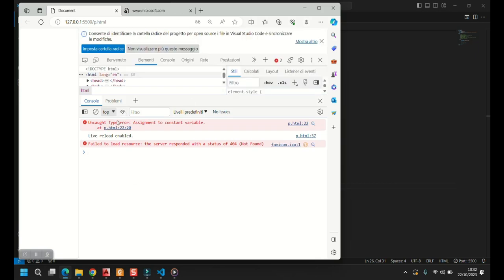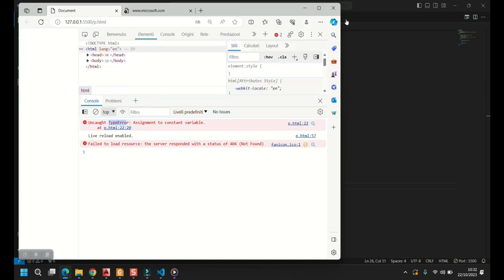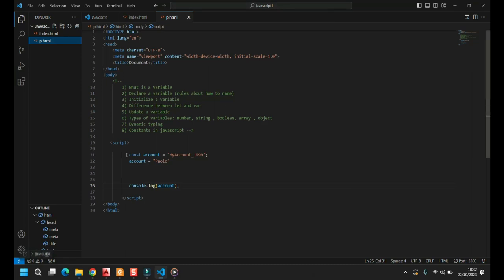It of course finds a mistake: type error, assignment to a constant variable, etc. The reason is that once you assign a constant, you cannot modify this constant,